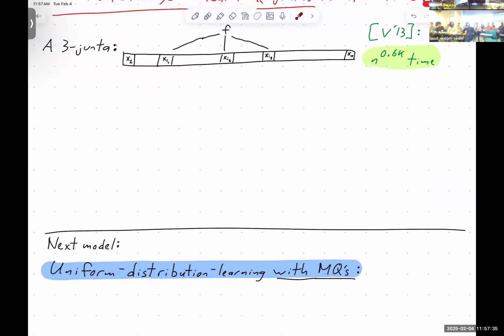Okay, so now we're gonna have a good time, because now we're gonna talk about the most powerful model with the weakest requirement on success. We're gonna give ourselves the power of membership queries, and we only have to learn under the uniform distribution. Okay, so we're clearly gonna learn polynomial size circuits in this model. Just kidding, of course, we're not gonna learn polynomial size circuits, but you can do things that you couldn't do